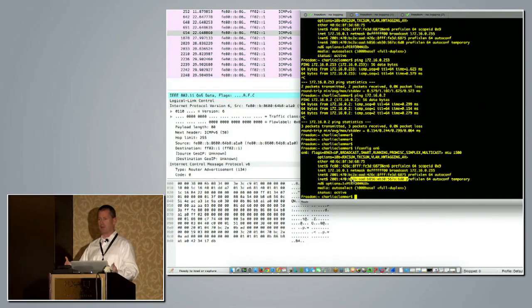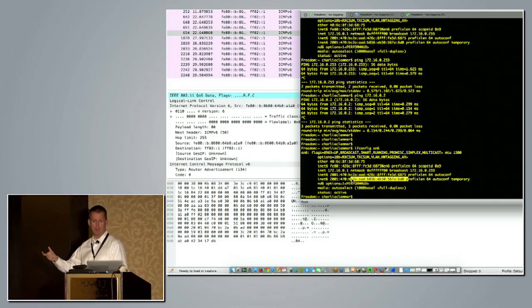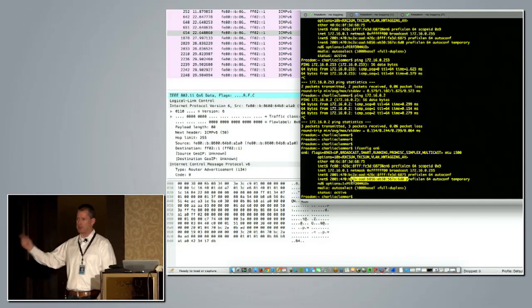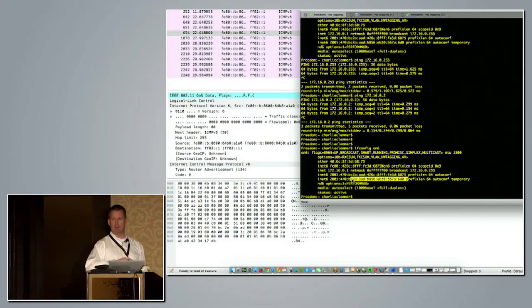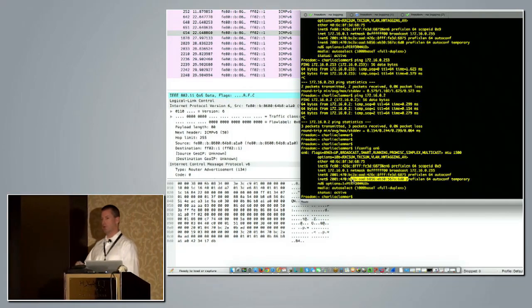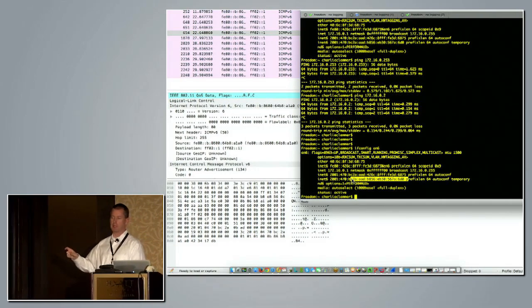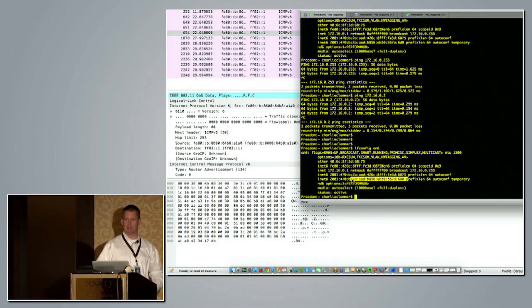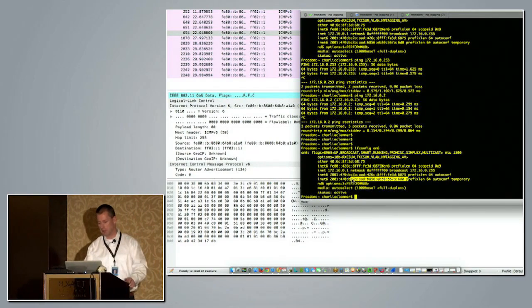Now, if I've got a voice over IP call up or if I'm doing web surfing, those kind of things, I've got connection-oriented protocols up. I don't want to just change my address. But here's one of the ways where you would see all the different addresses that we're using. If I'm rolling through from a privacy perspective, there'll be some time where I have an overlap. So let's keep an eye on those.